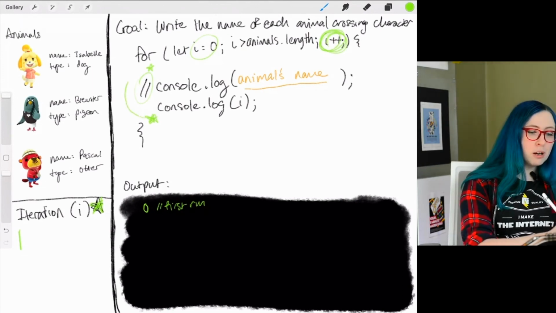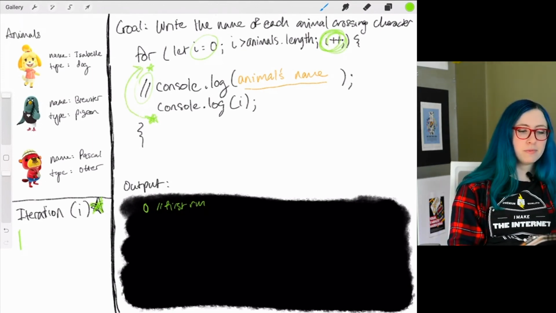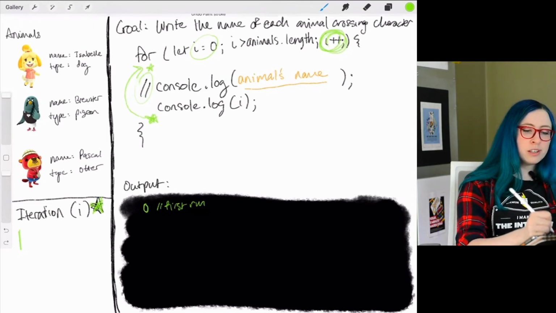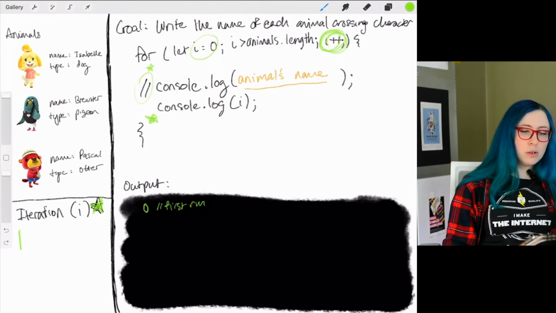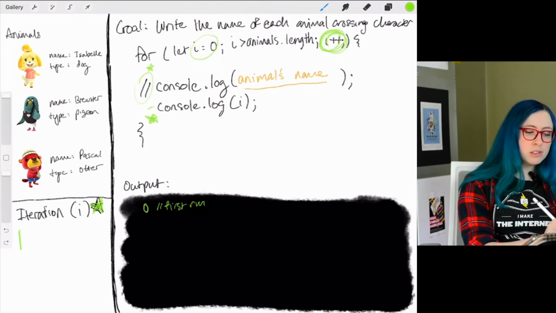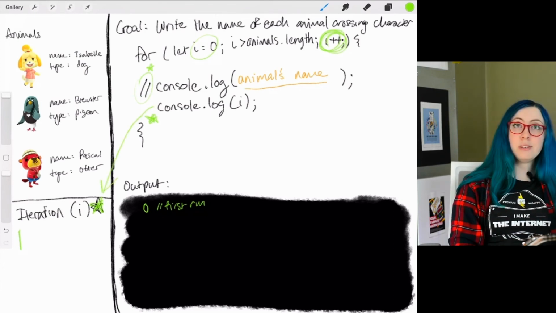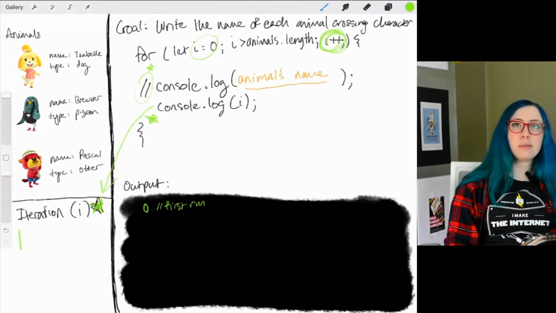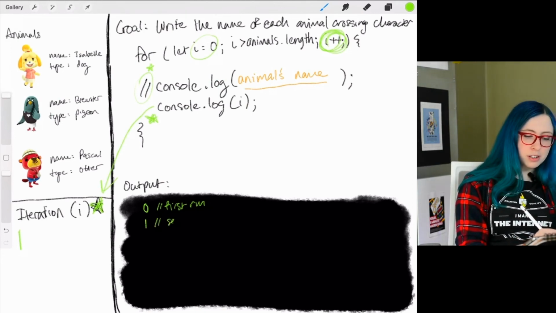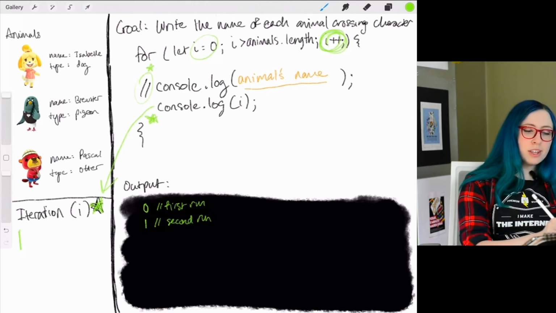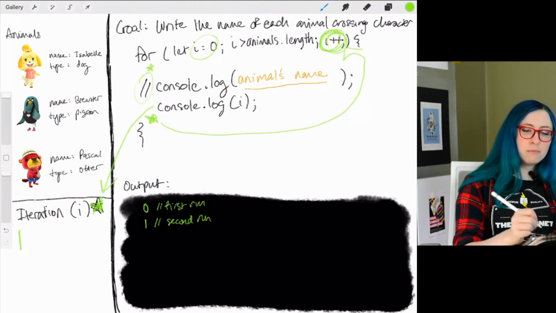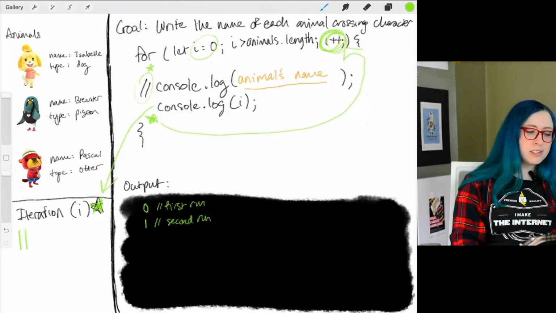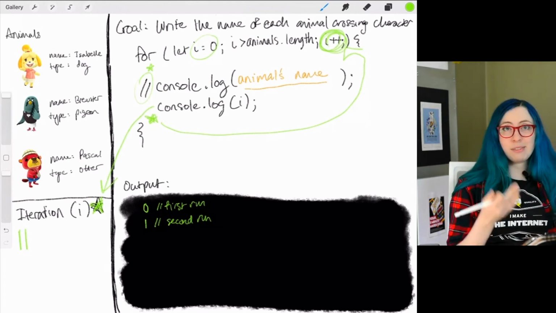We're going to go back up to the beginning of this. We're going to skip this console.log animal's name again. And now we're going to do console.log i. So now we see, okay, I'm going to look over iteration i here. I've got 1 in the tally box. So now at our second run, i is going to be 1. Remember that at the end, we bounce back up here, i++. One more checkbox in the iteration. Getting the hang of it, right?